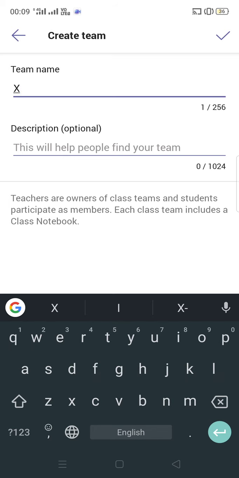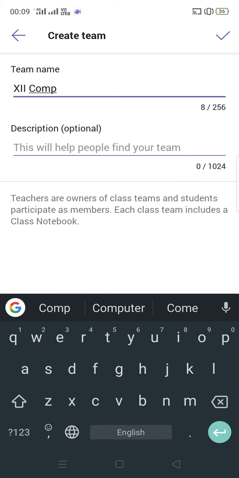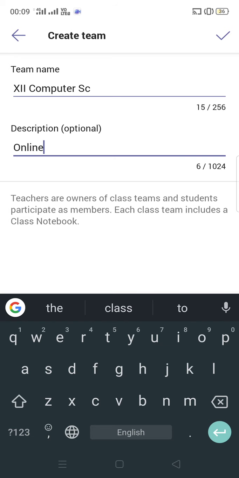Team name, let's write 12 computer science. Description: online class. It's optional, but it's always better to give a description to the class.